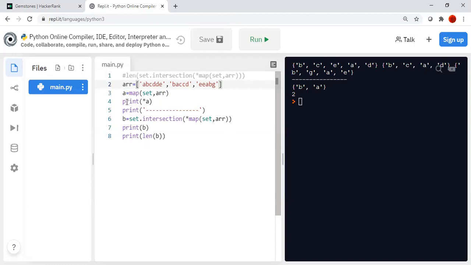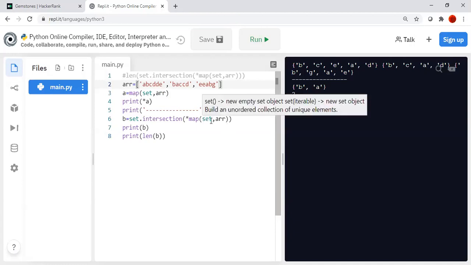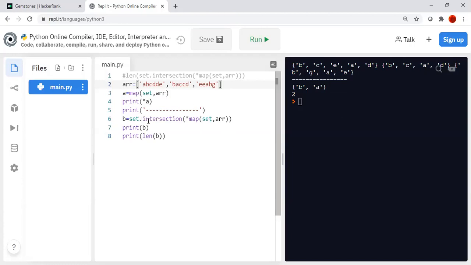Here I'm using the same thing, and all the common things are stored in B. You can see here B and A are the common things, as a set. After that I will print the length of this B, then it will give us 2, because B and A, 1 and 2, the count is 2.